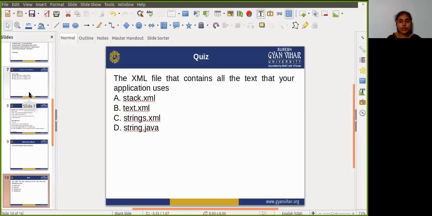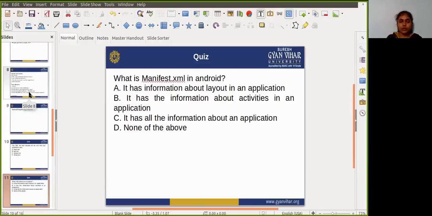The first question: which XML file contains all the text your application uses? Four options are given: stack.xml, text.xml, string.xml, and string.java. Today we learned about this.